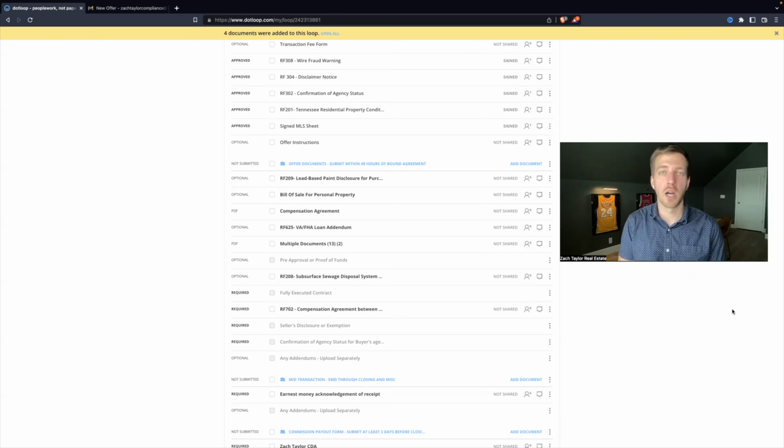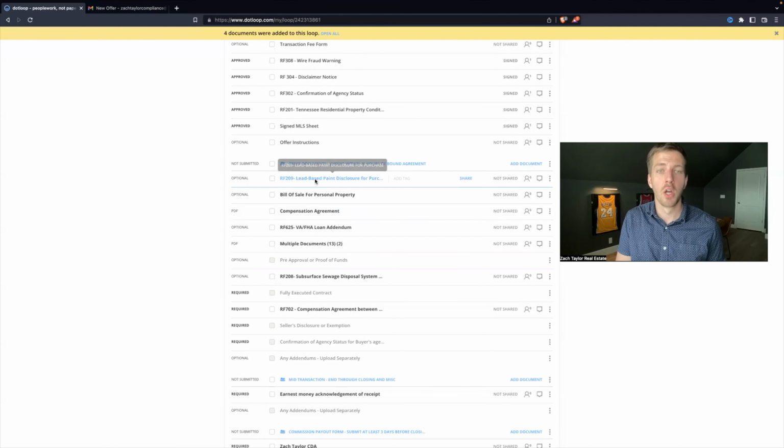Now, archiving in Dotloop means it's just going to hide that form from view. Dotloop is a really good platform, and it keeps a copy of everything for 7 years. So that helps a lot of real estate agents stay compliant within their state. Most states are about 3 to 5 years to keep documents on hand. Now, Dotloop does it for 7 years, but if you don't want something in this loop, or maybe you accidentally